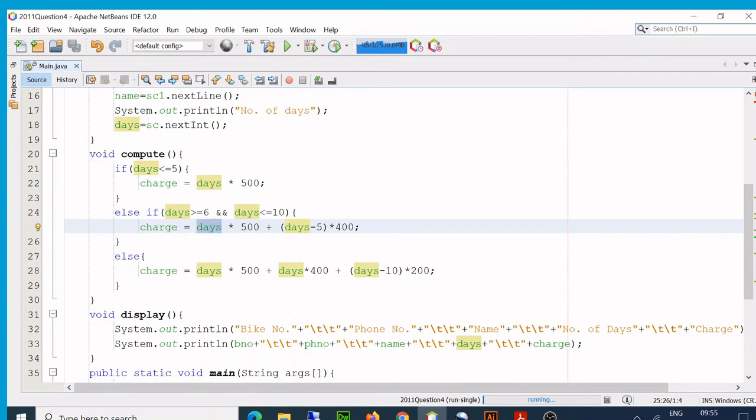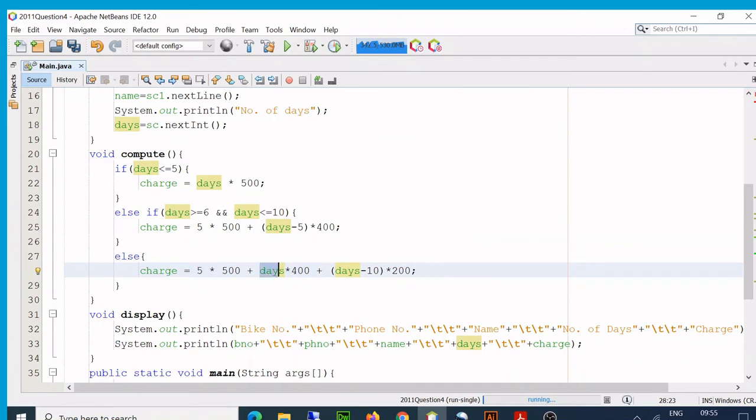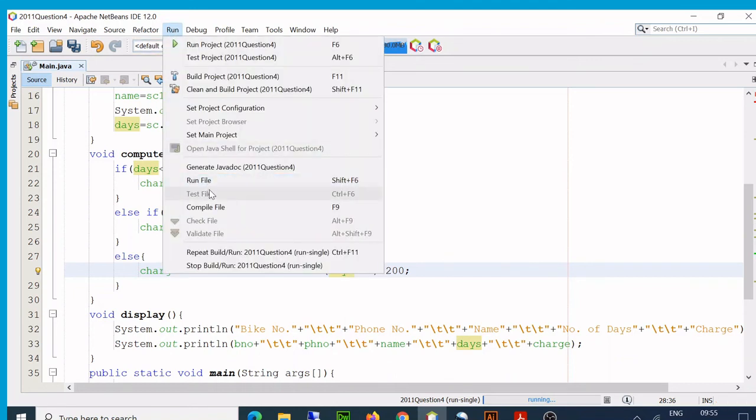I'm making a mistake again here, right? It has to be 5 into 500, and then subtract and multiply. The same thing should happen here. It doesn't have to be days. Next 5 here. So lots of errors. Doesn't matter. We'll solve all those errors. That's how we all learn. So let's go there.